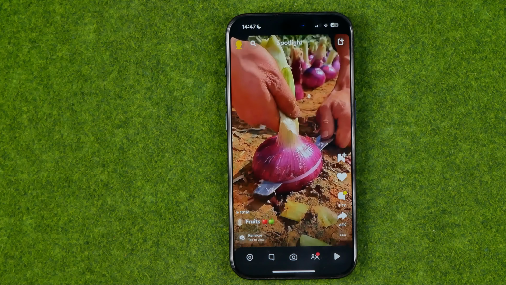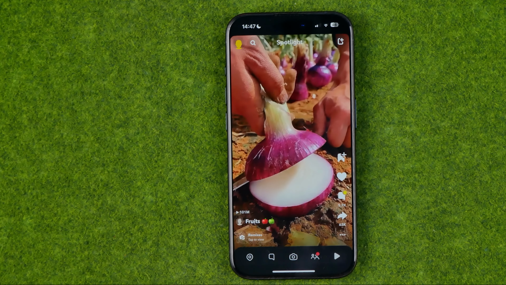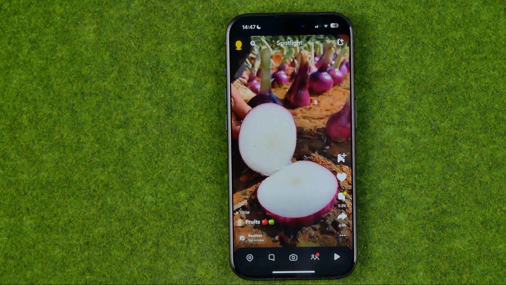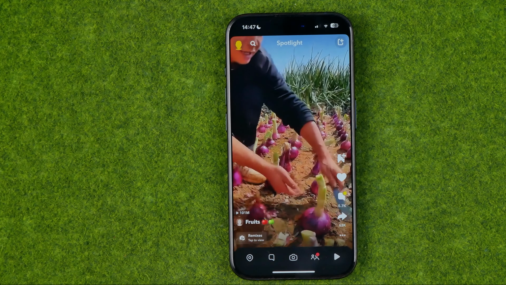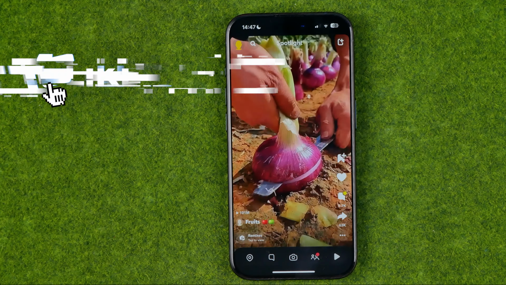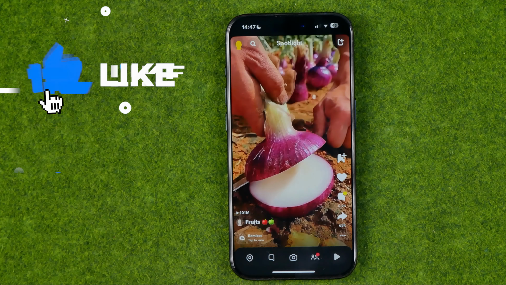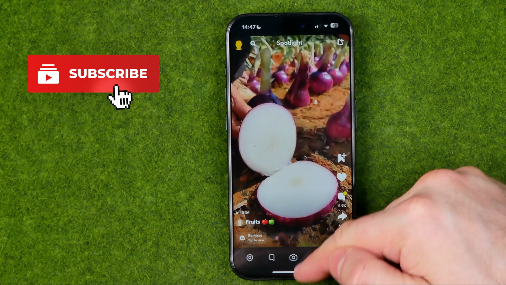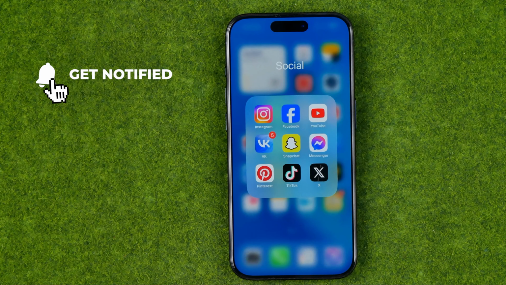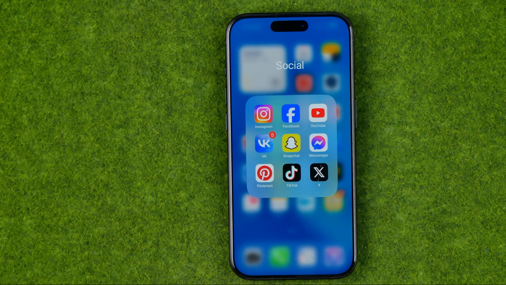In this video I'm going to show you how you can easily upload a spotlight on Snapchat. Be sure to watch the video to the very end so you don't make any mistakes. Let's get started, guys. I'm gonna show you all the process from the beginning, and first off we need to